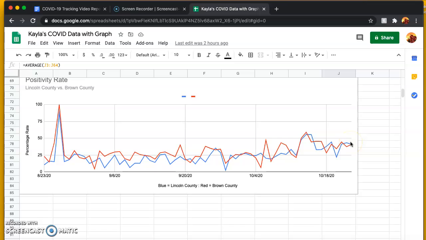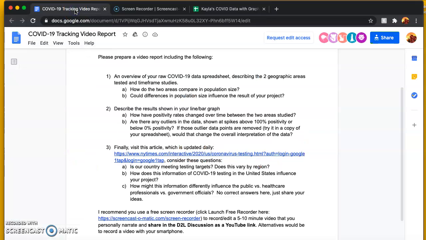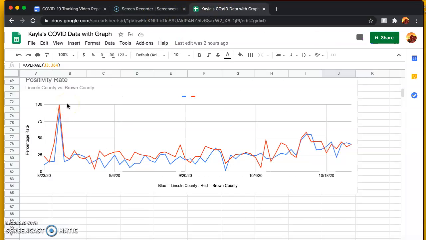So I think it stays under 50%. Okay, yeah. So Brown County, there we go, sorry. So Brown County actually is the one that hit 100%. Lincoln came pretty close. And as for reaching 0%, I think Lincoln came the closest, but so has Brown County. Just barely, both of them have. But Lincoln County definitely has reached closer to 0% a few times more than Brown County.